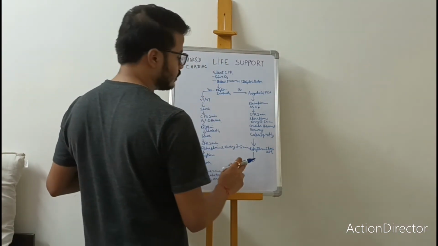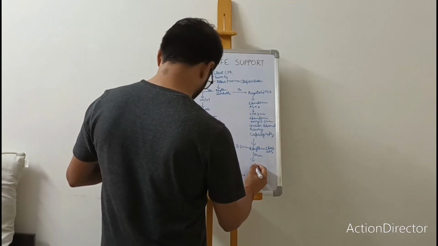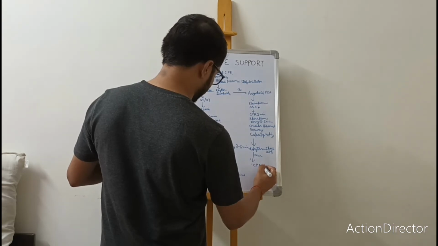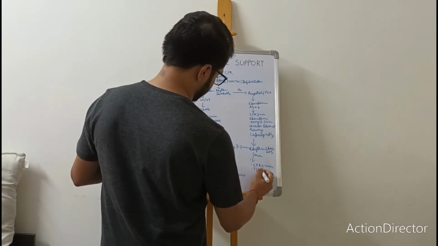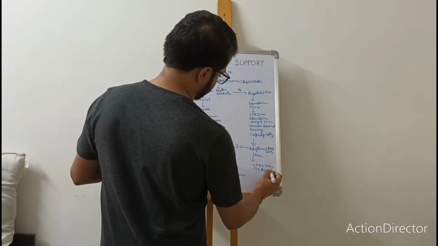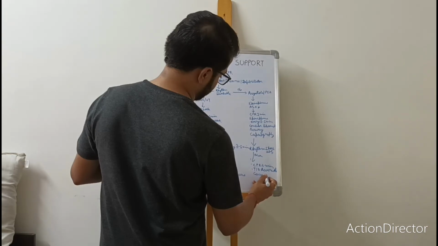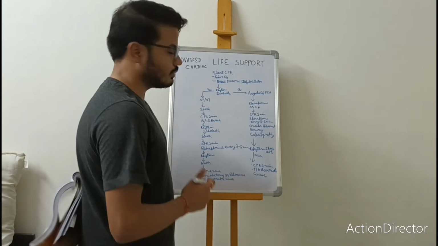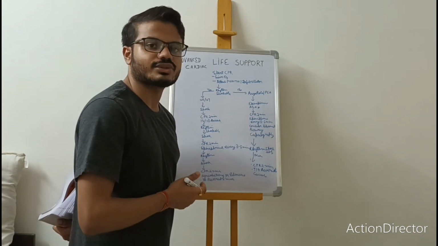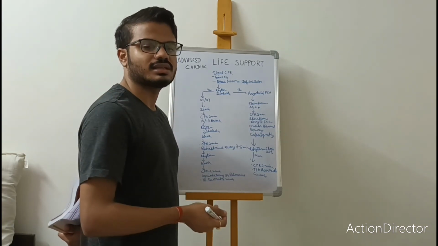If the rhythm is still not shockable, then we give CPR again for 2 minutes and treat reversible causes, right? So friends, basically we continue all these processes for more or less half an hour, sometimes 40 minutes, but